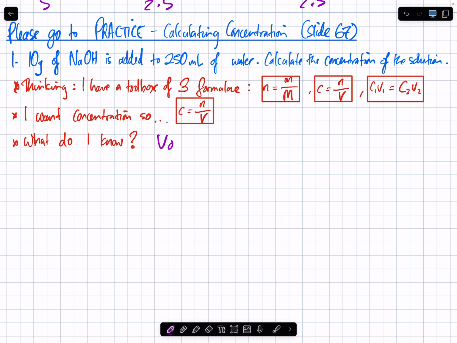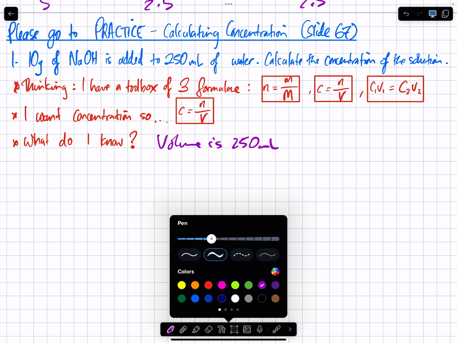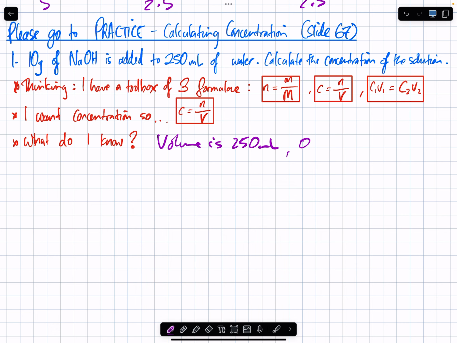Volume is 250 mils. Try to work in litres, so what's that going to be in litres? Therefore, 0.25 litres. Then, what do I want to know? How many moles are in 10 grams of sodium